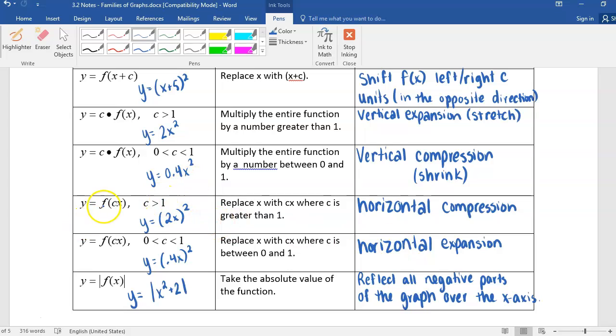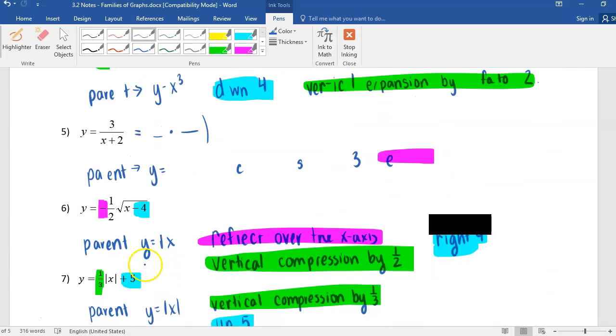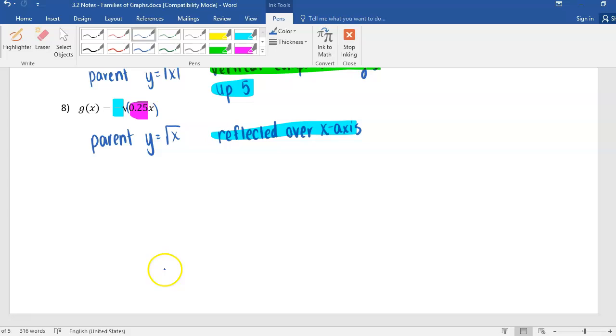And then we'll look here at the numbers. If it's bigger than 1, it's compression. If it's between 0 and 1, it's an expansion. So which one of those do we have here, Brittany? Expansion. Good. So we have horizontal expansion by. Now,